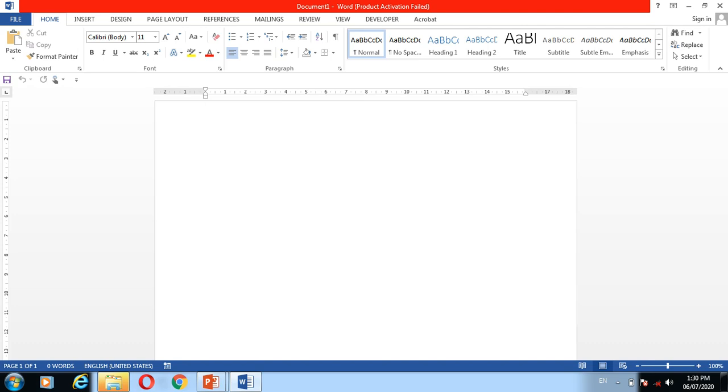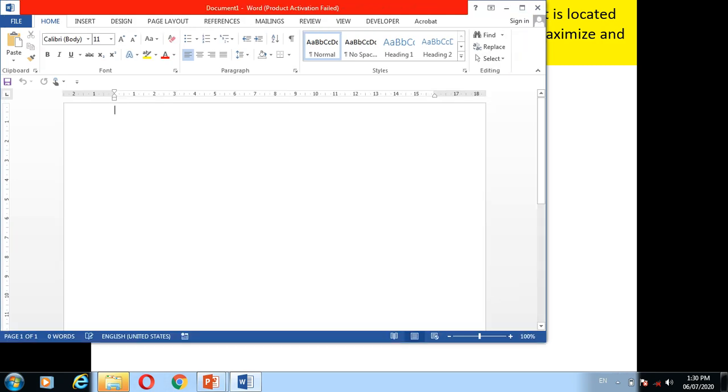This is the name of the active window. And this title bar has 3 buttons: minimize button, then maximize button and close button, on the right side of this top. Have you seen this?